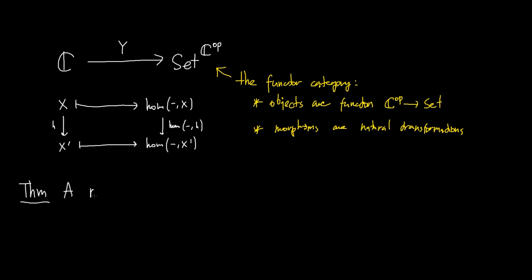A morphism m from X to X prime is a monomorphism if and only if